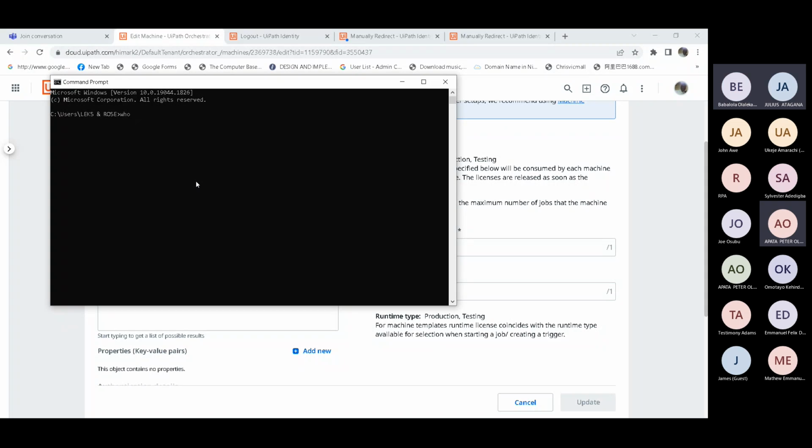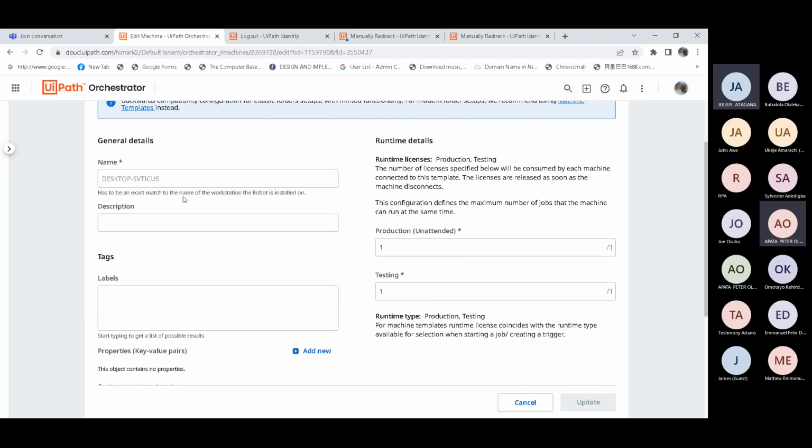Just type whoami and press enter. Is it together? Everything together. No space. So I should copy everything together. Okay, I'm seeing a space.